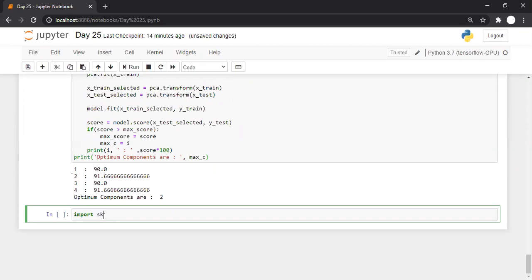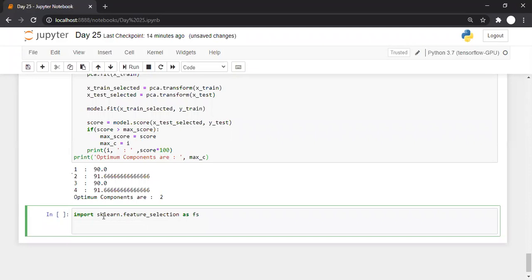For that we can use from sklearn dot feature underscore selection, okay, we'll import chi-square, or you can simply import this as fs, short form, and now I can calculate the chi-square score between every column and our y value, or let's say our x value and y value, that is all the values and our classification label or class label.